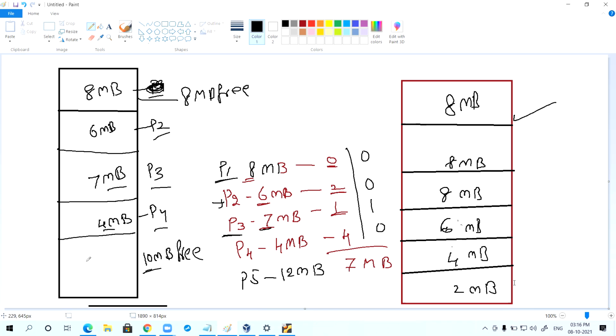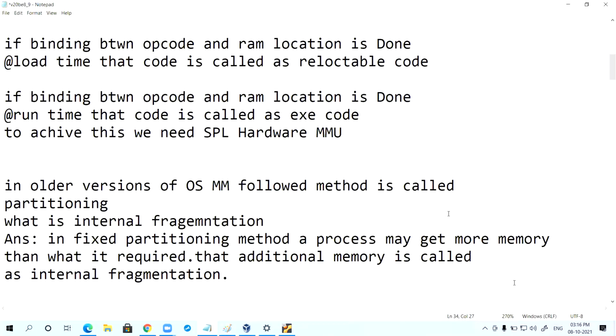For this process, it required 12 MB, total 10 plus 8, 18 MB is there, but unfortunately the 12 MB is not contiguous. So that situation is called external fragmentation.